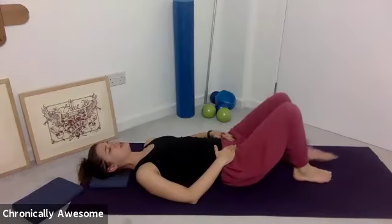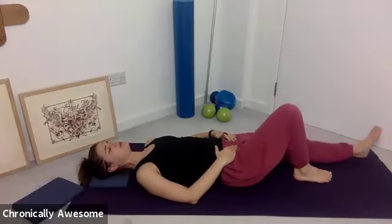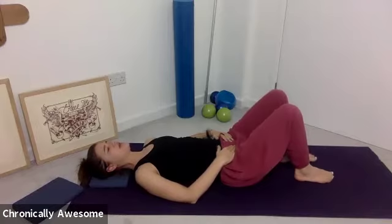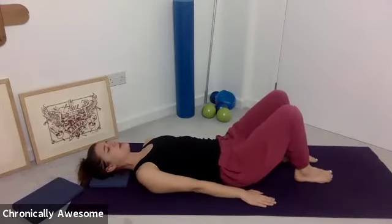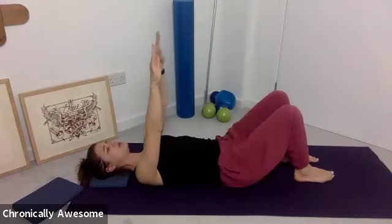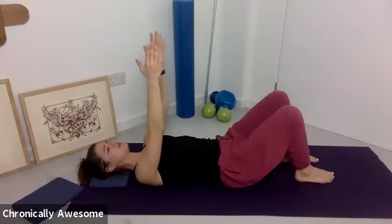Good. Just finishing this one, making sure you're even. We're bringing your leg back to that starting position. Hands can come now down by the side of the body. Let's reach both arms up over the chest, bringing the palms to face each other, just allowing that humerus to